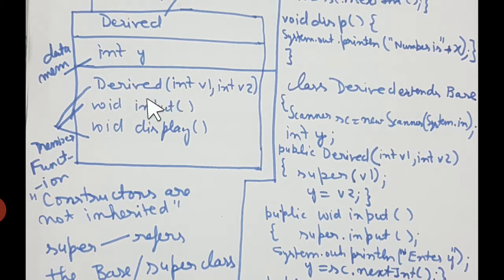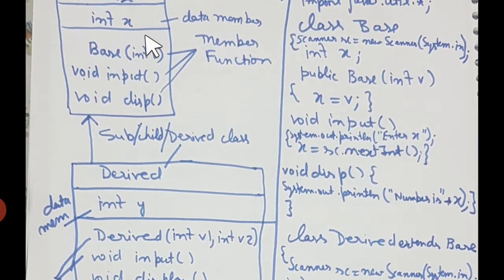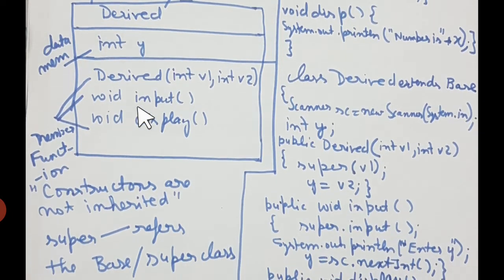Is that clear? Then one very important thing: I have kept the name input again here in the derived class, and I will clarify how to deal with that also. These are the prominent areas which I am discussing right now. And the void display function is there, which will display the data. All right, but here display is the name of the function in the derived class, and in the base class the function name is disp. So different names have been taken, but input is a common name in both the classes.